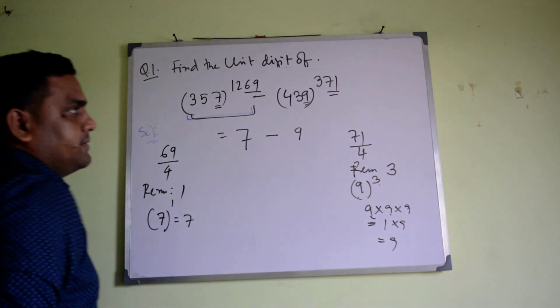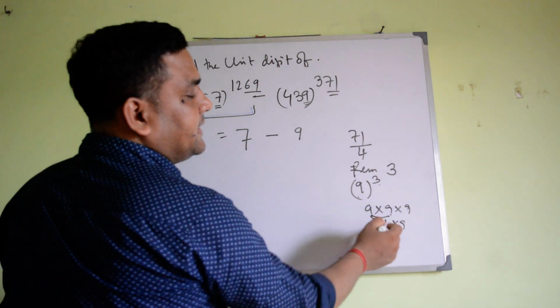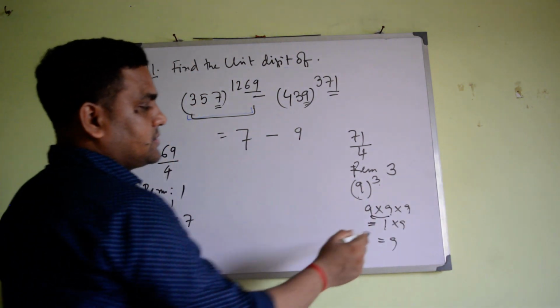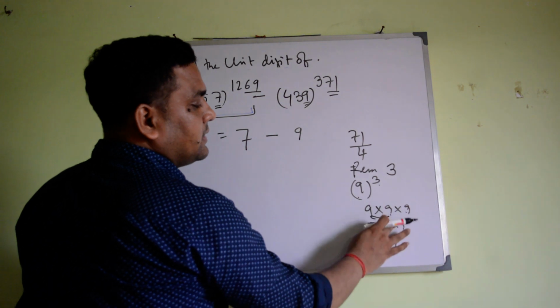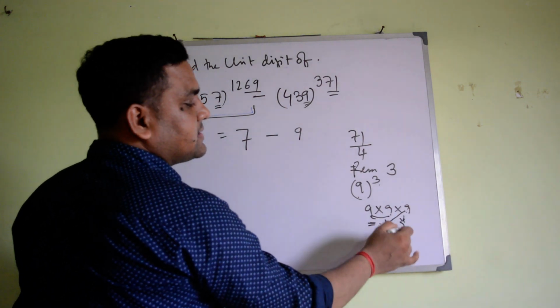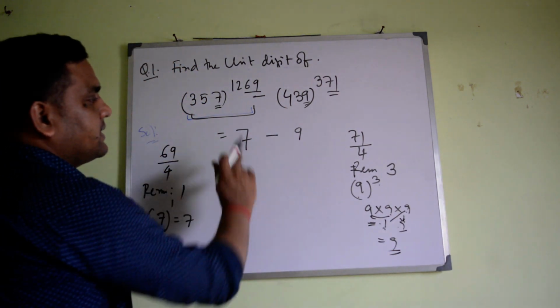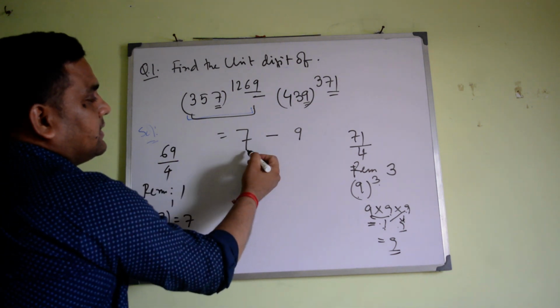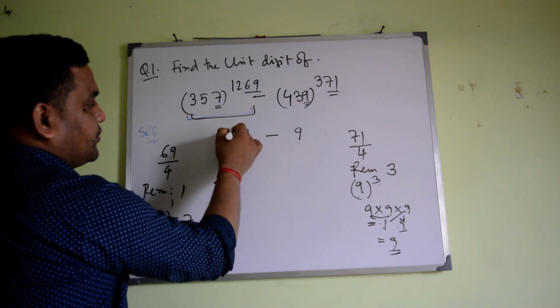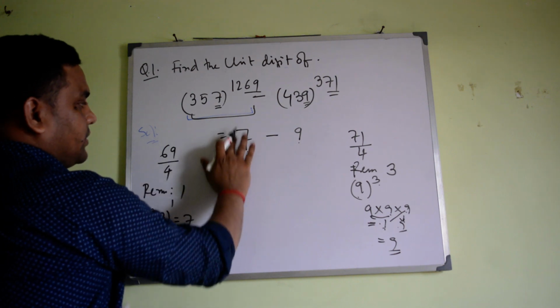So here 7 minus 9. You always take the last digit. 1 multiplied by 9, the last digit is only the single digit 9. So 7 minus 9. Again see, 7 is less than 9. So that's why you need to put 1 here. You need to put